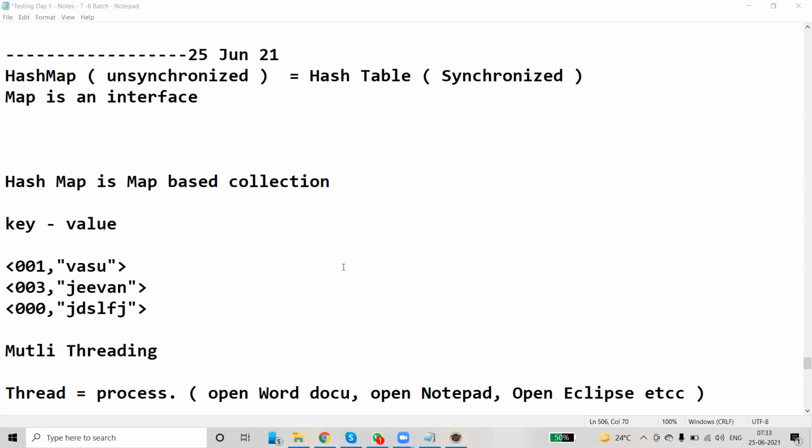Hence, in a multi-threading environment, you have to use a hash table instead of a hash map. Hash map is unsynchronized, which means multi-threading cannot work properly with a hash map. That's the difference between hash map and hash table. Is it clear?